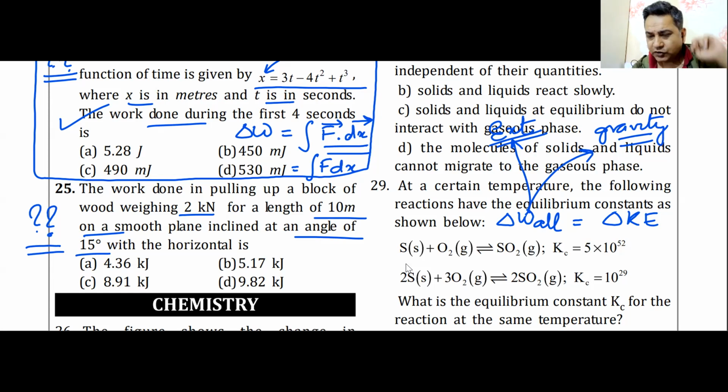There are only two forces. Now work done by these two forces, and remember this very specifically, must be equal to change in kinetic energy. But now you have to think, what is the change in kinetic energy? It is not mentioned in the question, but remember, such questions will come and you will have to assume it. Whenever such a question comes, it is always added that it is pulled very slowly. Normally, whenever such a question comes, the body will be moving very slowly.